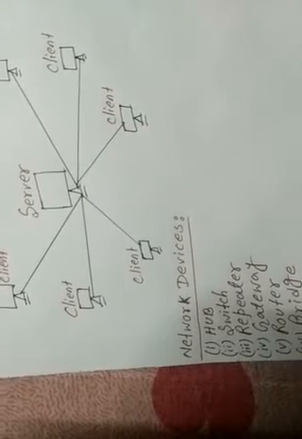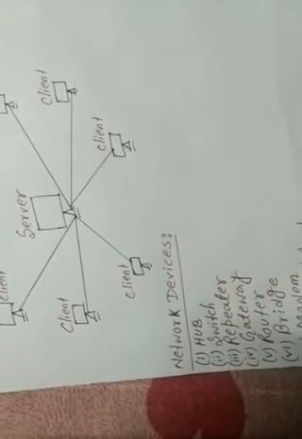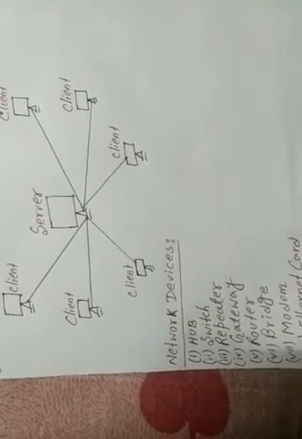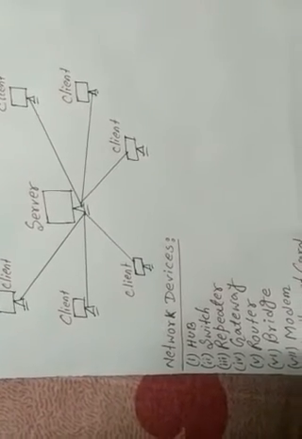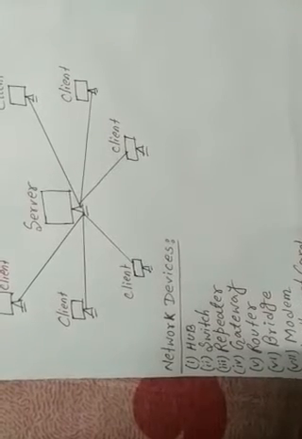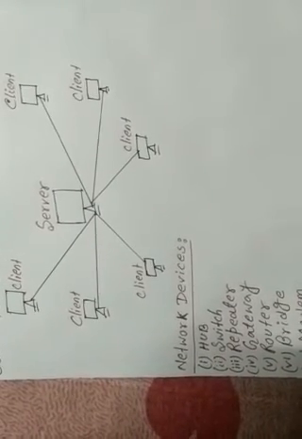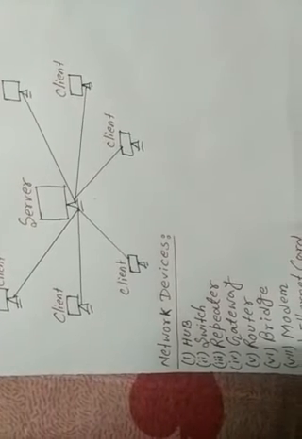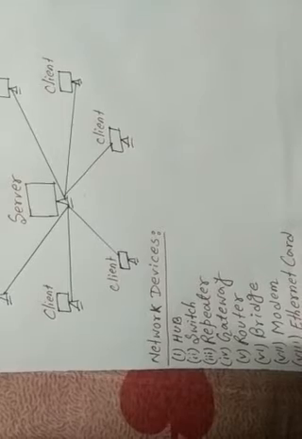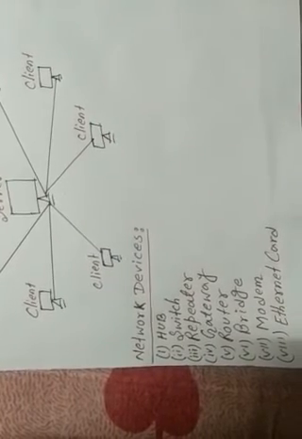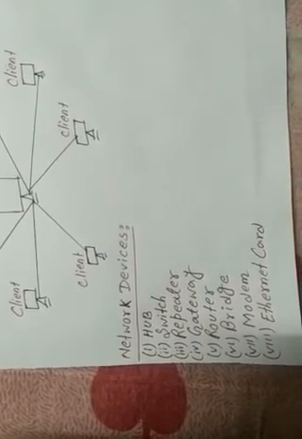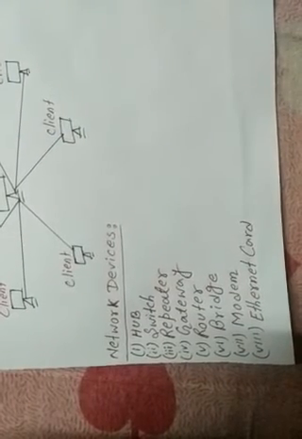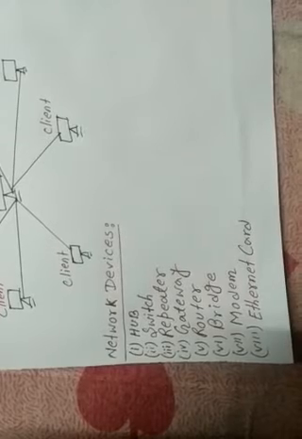What are intermediary nodes? Intermediary nodes are the nodes used to forward data from one node to another node, such as switch, bridge, router, etc. Then we will discuss network devices. Network devices are the units that mediate data in a computer network and are also called network equipment. The network devices will be discussed one by one.